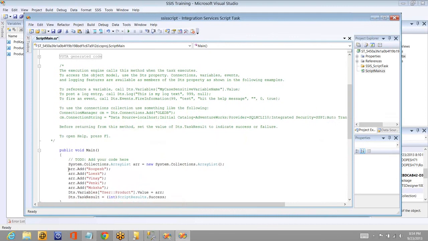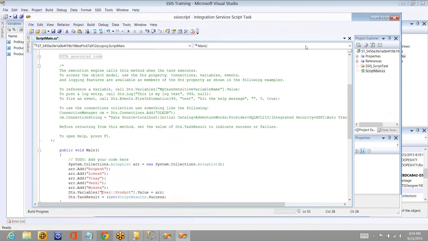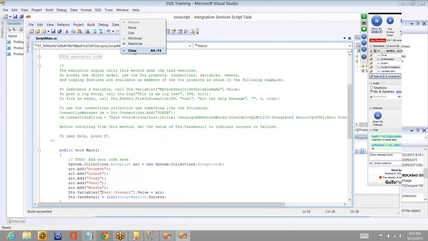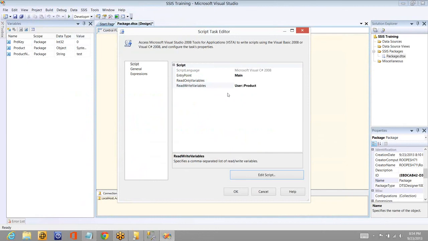So as part of this coding, what I have done is I have taken a variable of array data type, and I've added 5 values, and then I have added this array to my variable, which is of data type object. Now let me build it. It is successful. Let me close it. Okay. Now I'll get that array into the variable user product,